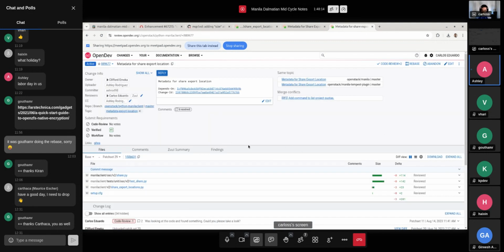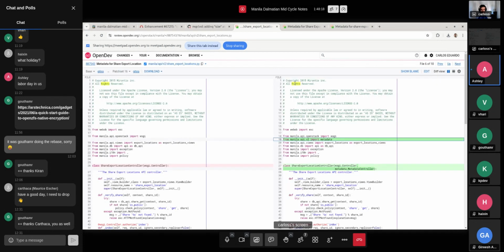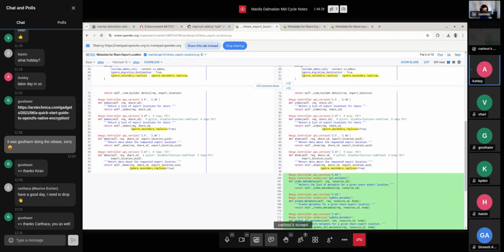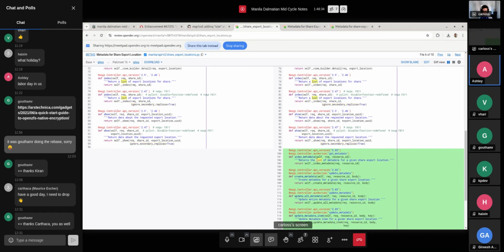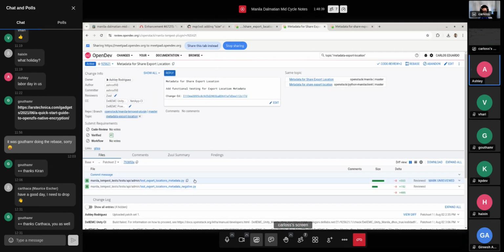I will say that in my attempt to get it working in my local dev stack, I get stuck with a not found error when I try to set some metadata on an export location from a test share. I haven't quite figured out where it's going wrong. I have a feeling it may be something with